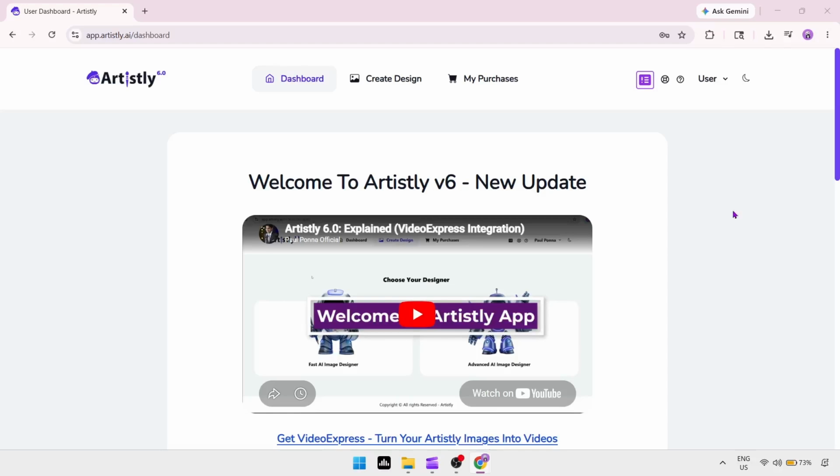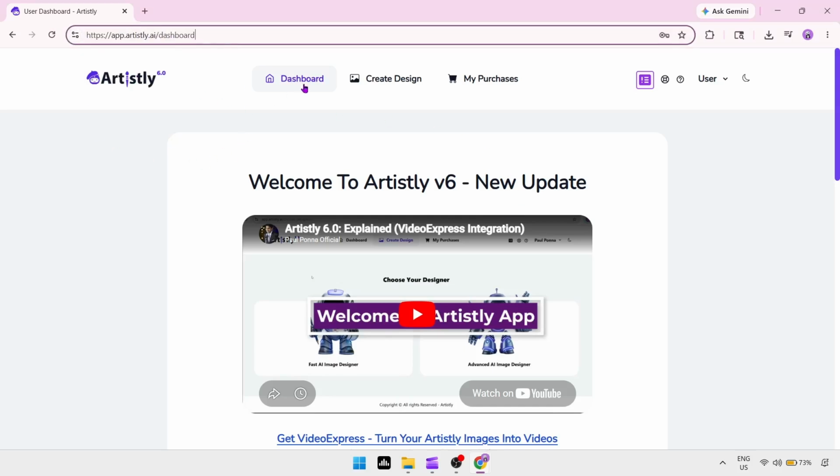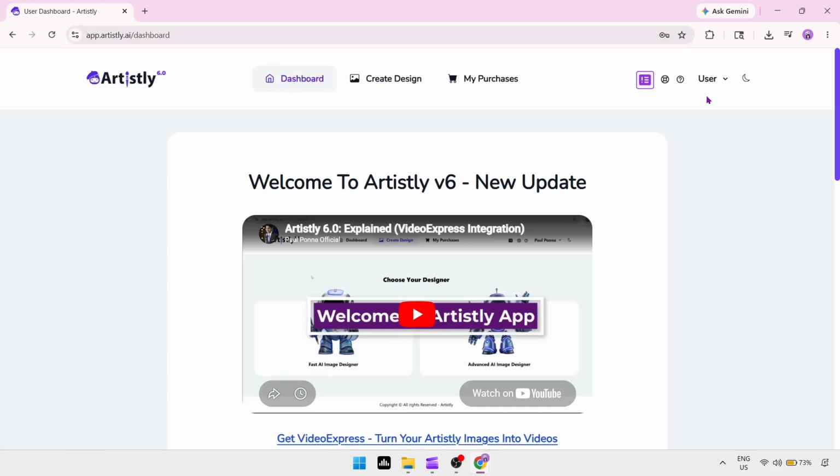In today's video, I'm going to show you how to update your Artistly profile info in Artistly AI. First, log into your Artistly account and go to your dashboard. From there, look for the User drop-down menu, usually found at the top right corner of the screen, and select